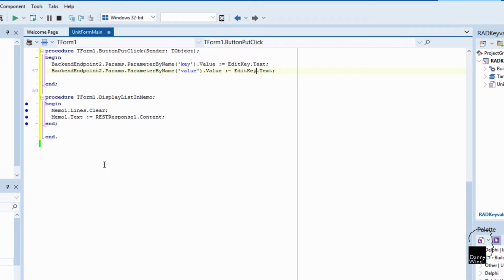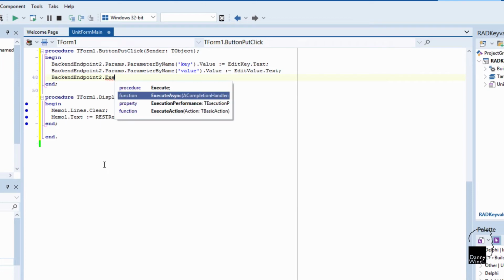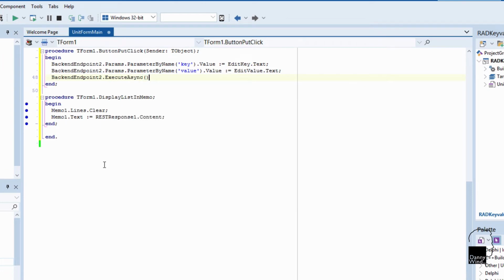So you need to make sure that you set both parameters before calling into the backend point. So if you don't get any results, check your parameters and if it matches the resource suffix in your RAD server. Execute async, and let's make a note here